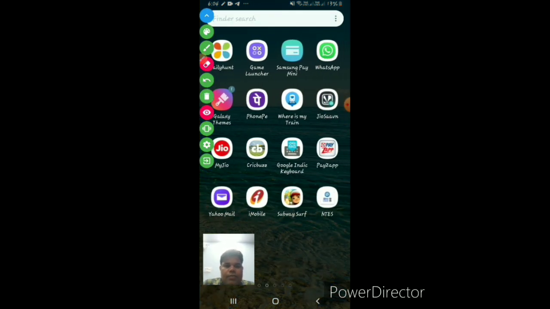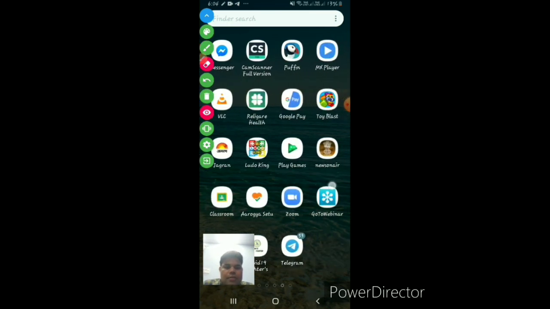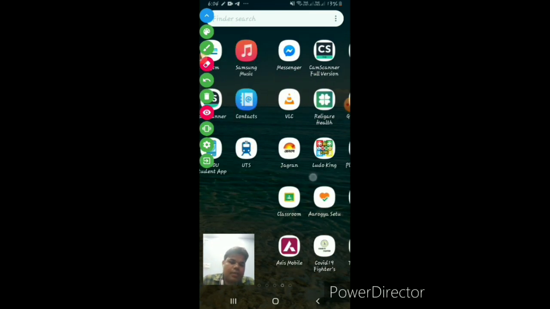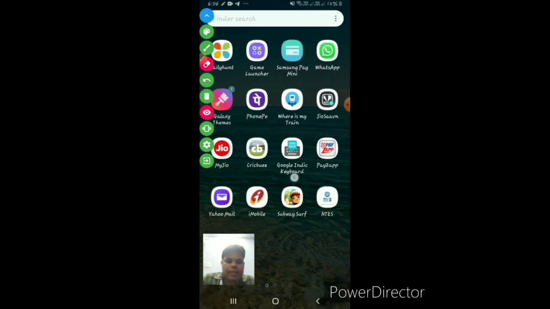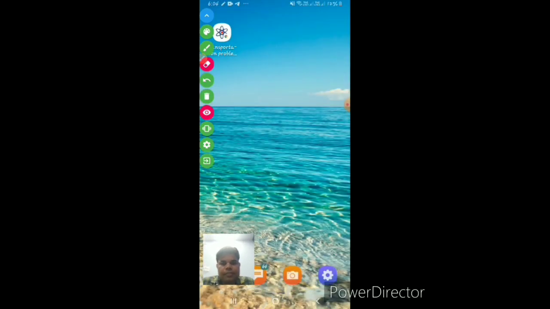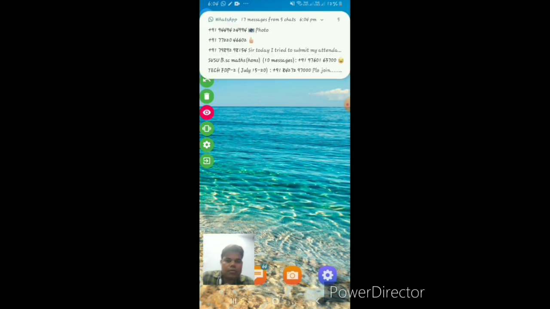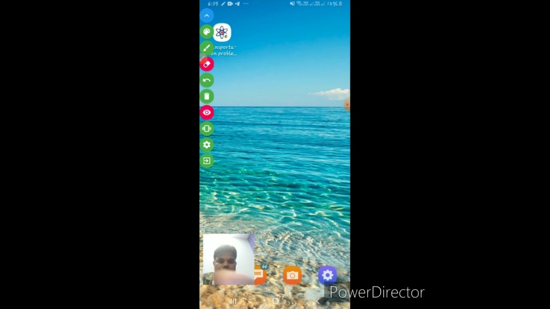If you want to highlight some particular icon, then enable the eye and I can use this. After disabling the eye, we can use other software, otherwise it will stay on and behave as a writing pad or color pad. Now if you want to remove this toolbar from our screen, then we can click on this.